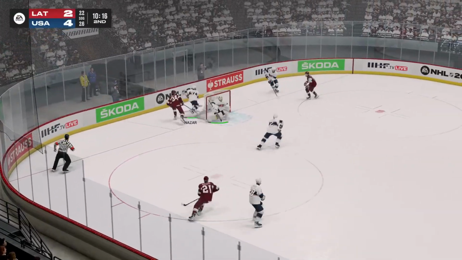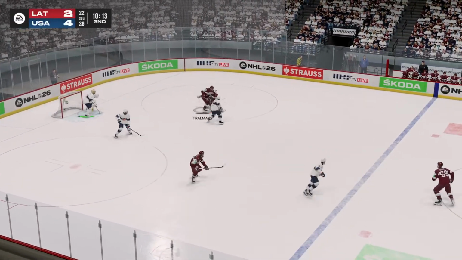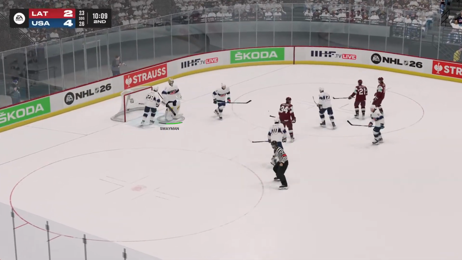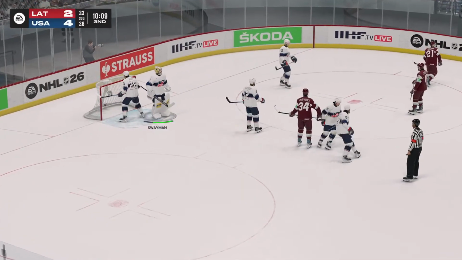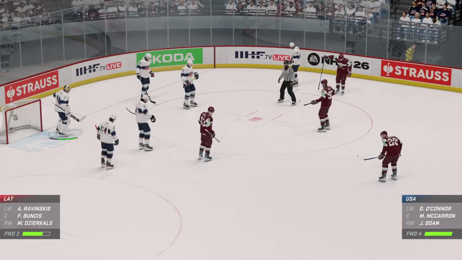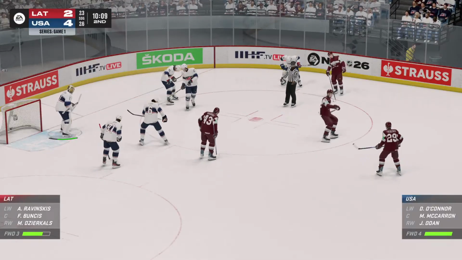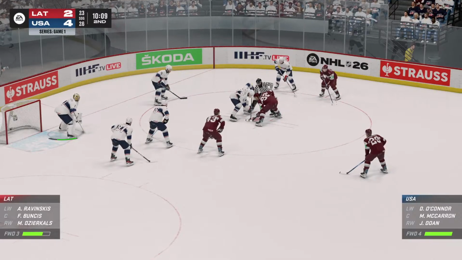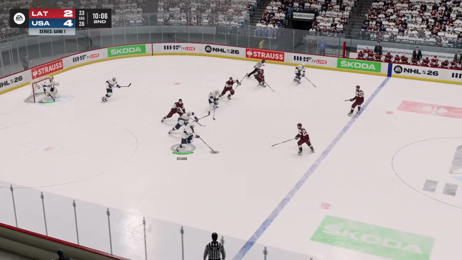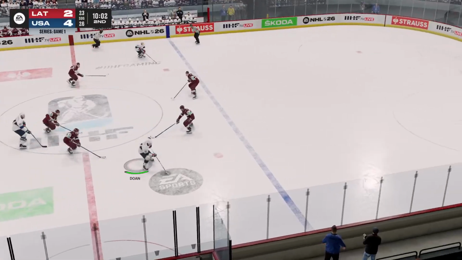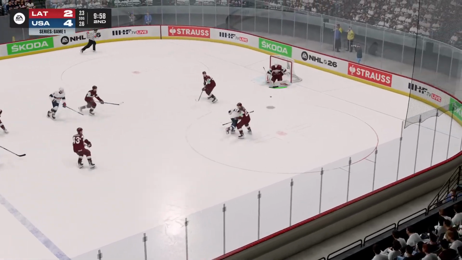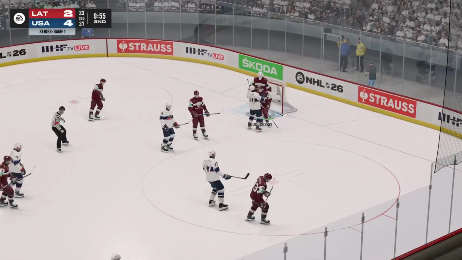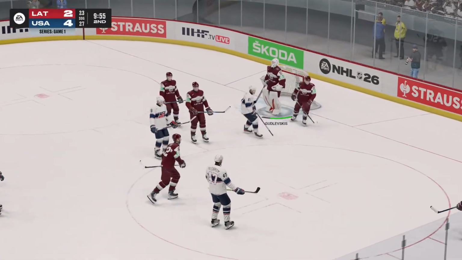Team USA working it in their own end. Nazar circles his own net. Turns it over. Trail Mix sends it in, and Swayman snares it to stop play. 10:09 to go in the period, just about halfway through the second period here in a 2-goal game. Face-off control by the United States. Doan will bring it through center here for the Americans. He's cut off on his way in, still got it in on net, and Godlewski stops another one. Just over halfway through this period now.